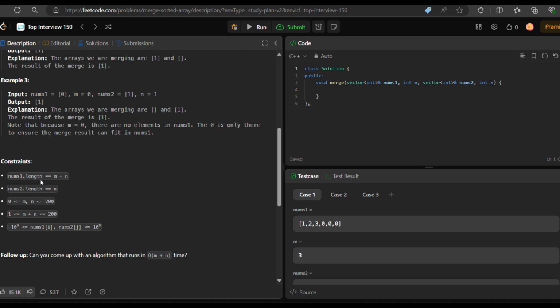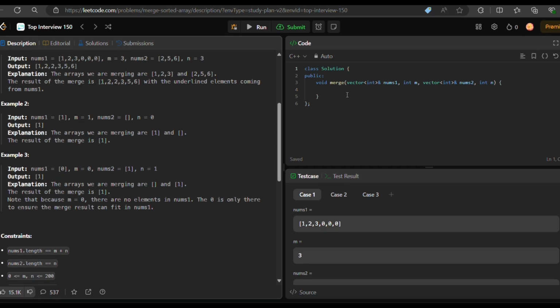And these are some constraints. Length is m plus n, and these are between 200 and 200. Values can be anything, and so we need to do it in big O of m plus n. Okay, so let's proceed. So what our approach will be is to substitute the value based on the last index of